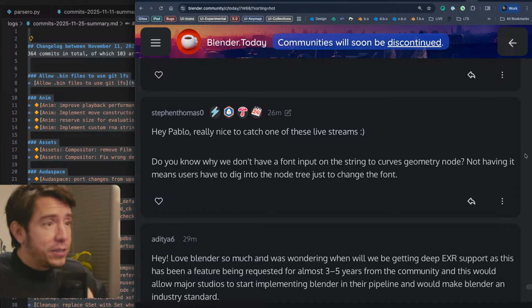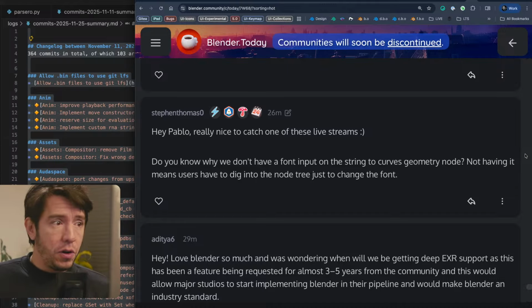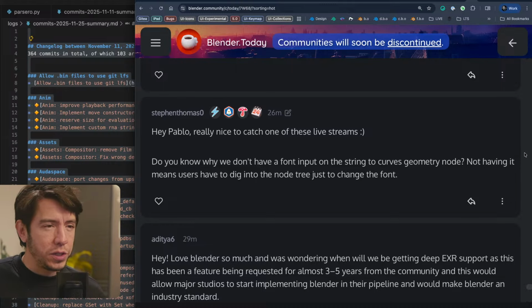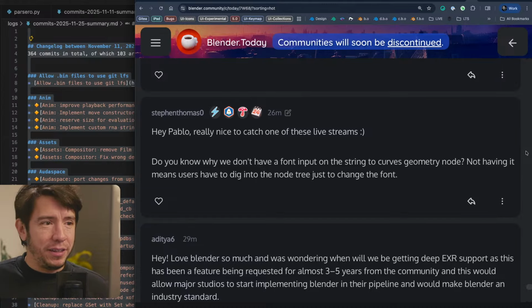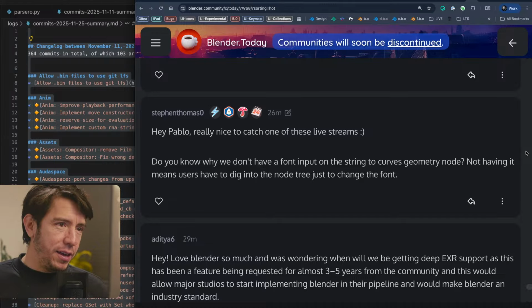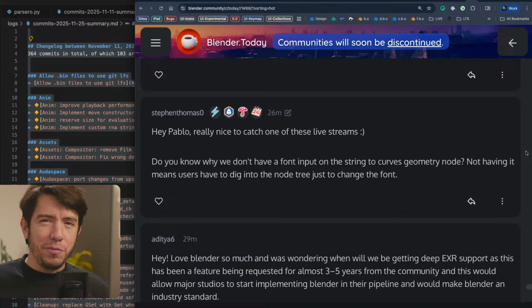Hey Pablo, really nice to catch one of these live streams. Do you know why we don't have font input in the strings to curved geometry? Not having it means users have to dig in the node tree just to change the font. Well, I don't, just because no one implemented it really. What kind of socket input is that even?